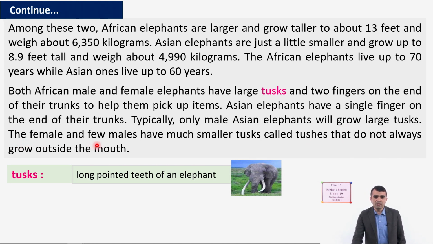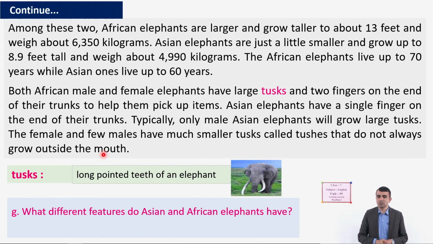The female and few males have much smaller tusks called tushes that do not always grow outside the mouth. Okay, only males grow tusks. Others do not have long tusks, that is called tushes. Okay. Now,